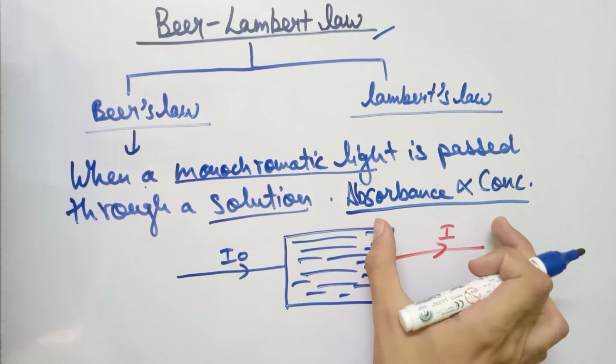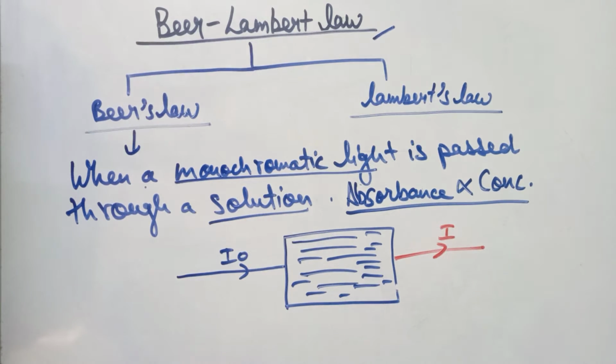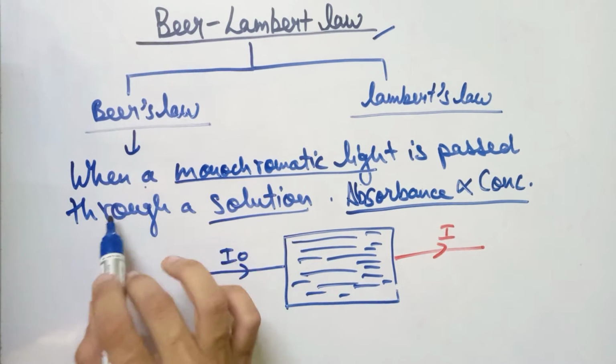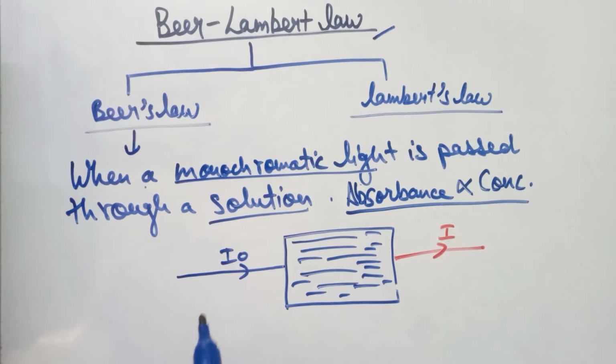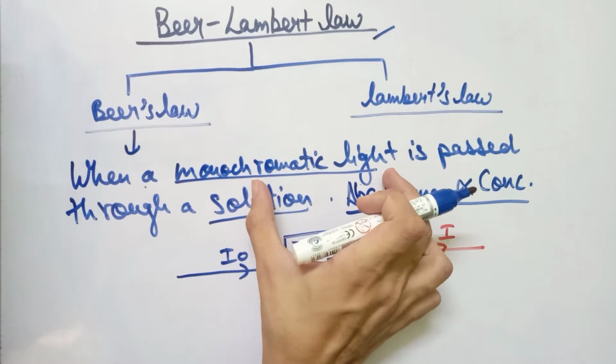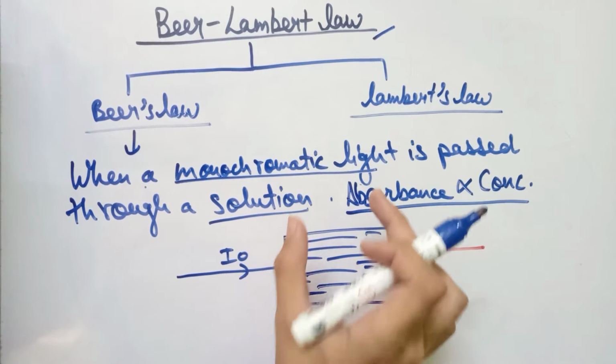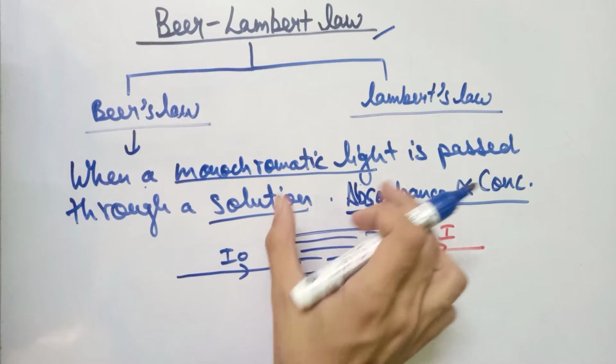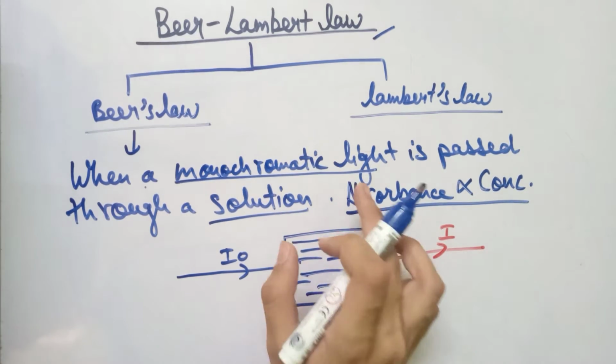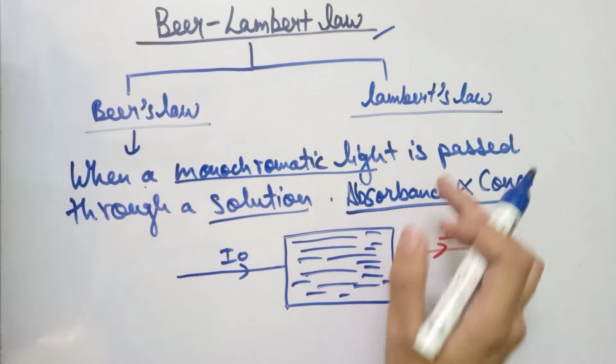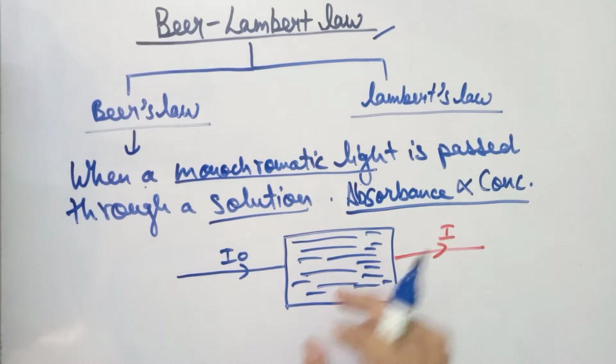So this is the statement of Beer's law. And in this law, we have taken monochromatic light, which is light that has a fixed wavelength. We use a fixed wavelength light, because if we use different wavelength light, it can hinder the results